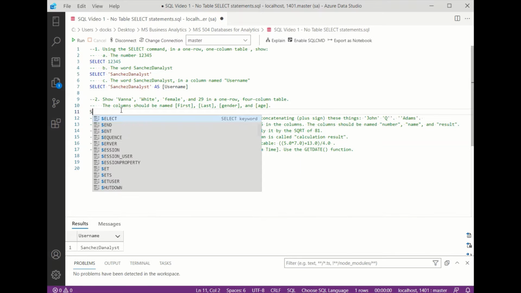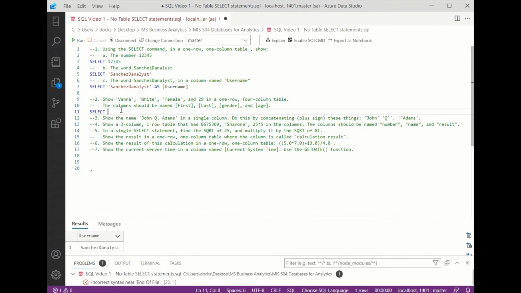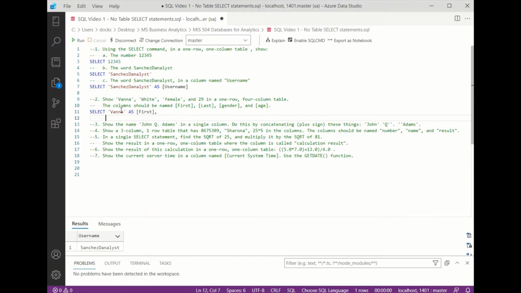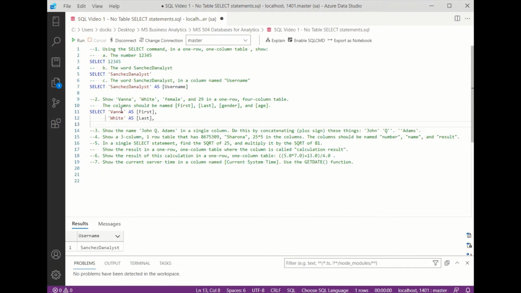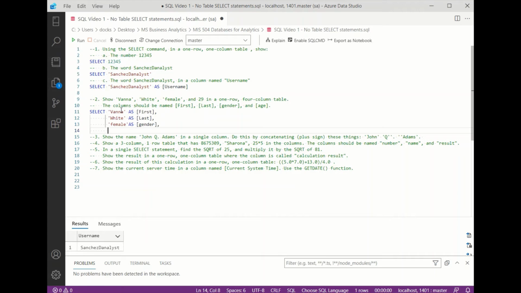So to do this, we'll write select Vanna as first, and then we'll next select White as last, next female as gender, and 29